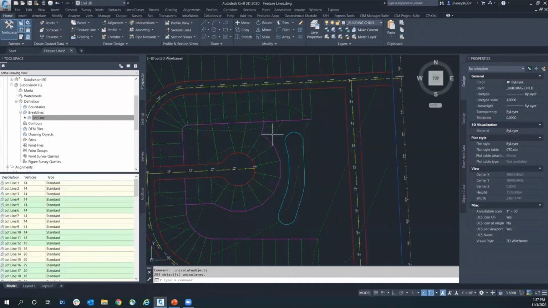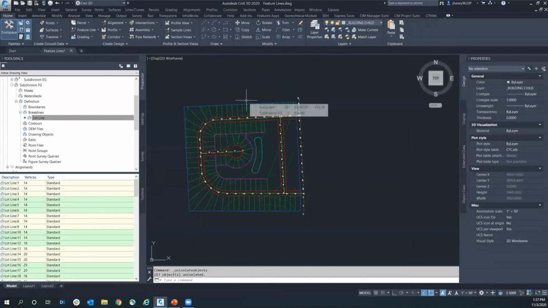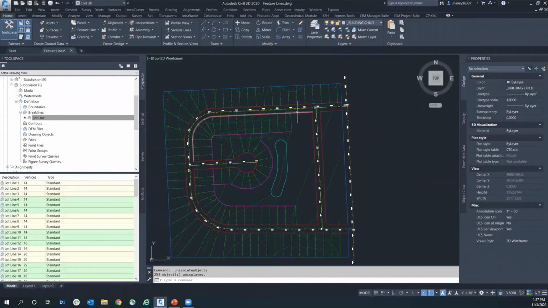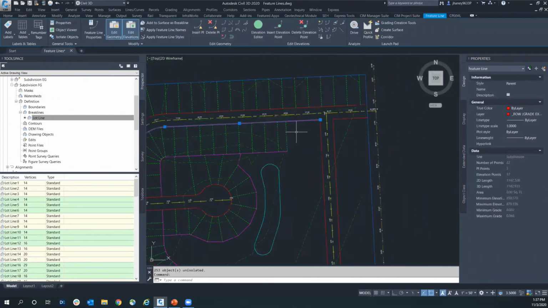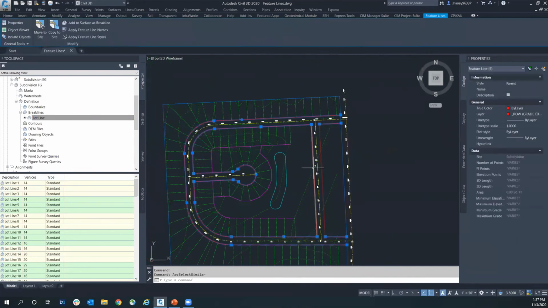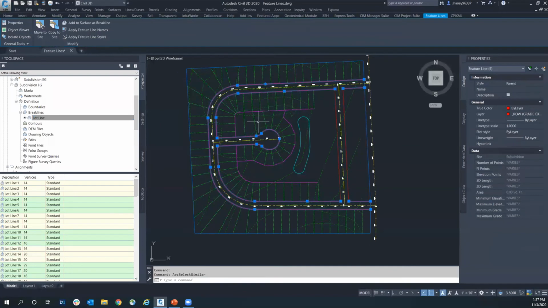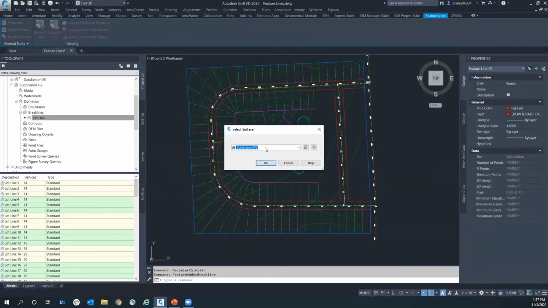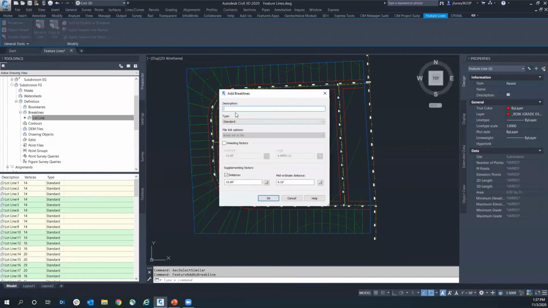In my object isolation, you can start seeing my surface is starting to come into play because I have elevations and all that. So let's go ahead and click on the right-of-ways. We'll just do select similar. I can see which one of these they grabbed here. And I'm just going to add a surface as a break line. Yes, I finished ground one. And right away,